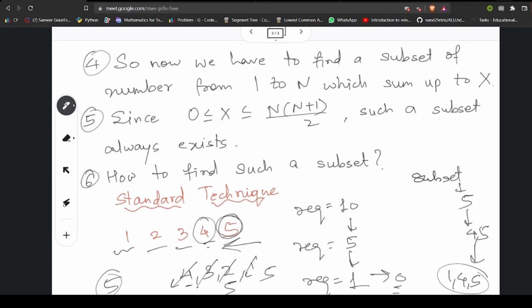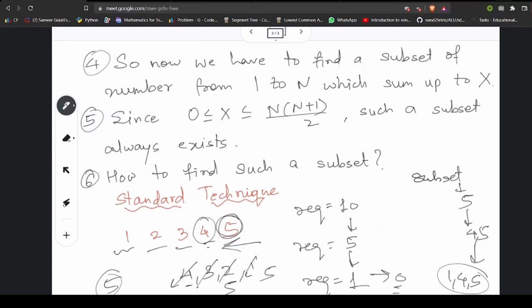Note that it does not work for cases when we don't have the whole integer set. We don't have 1 to n. Let's say we don't have some numbers in between. At that time, we will have to use something like a knapsack or something else. But in this case, when all the numbers from 1 to n are present, you can employ this greedy strategy